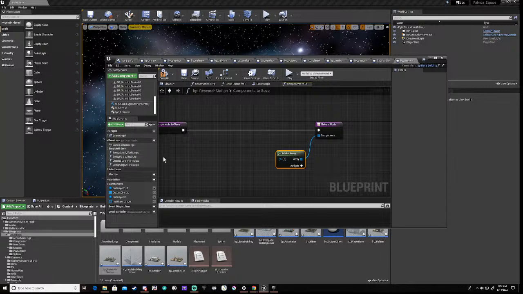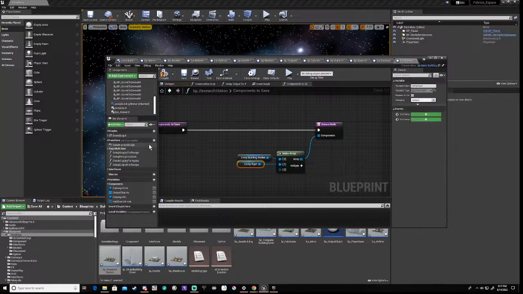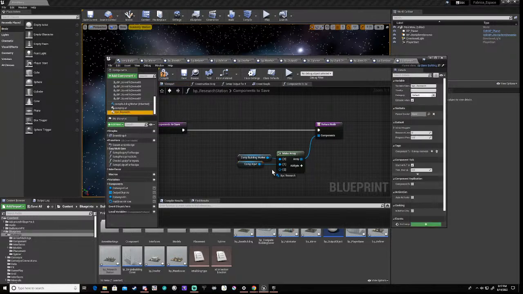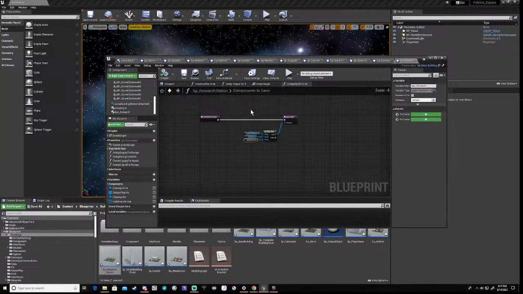Okay, then we're going to have 3, so we have that, and we have that. Okay, so now that we're saving all the components for all the objects,